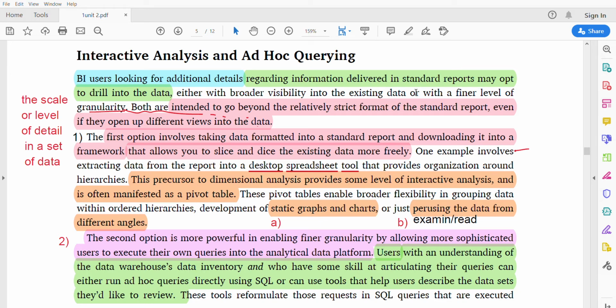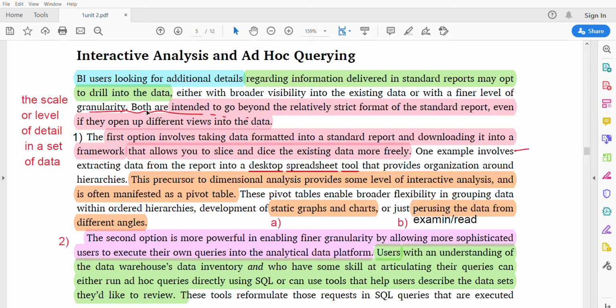Another thing, a finer level of granularity. Granularity means the scale or level of detail in a set of data. To improve the scale, we have to further improve our level of granularity within the set of data. These two, broader visibility and finer level of granularity,